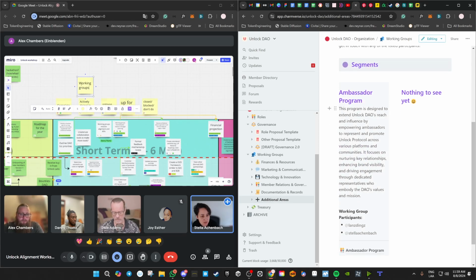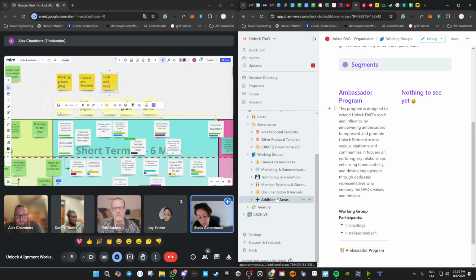So one is the ambassador program that I originally thought that Lana would be able to pull off, but she said, I don't know if you guys saw, that she's been taking on some initiatives for GLM and Glow Dollar. And so she's prioritizing this right now and reached out to me and told me that she can't do it right now. So it's not its own working group, right? It is rather under additional areas. But I agree with you, we should have a working group that's called